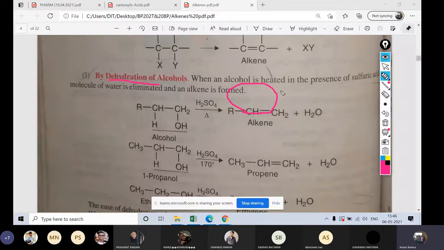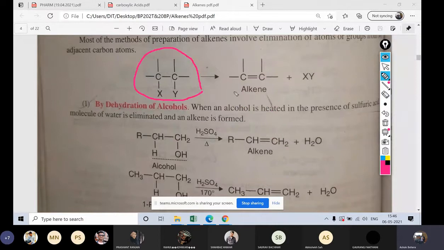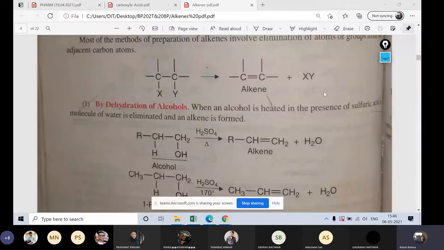Okay, so see, we want to prepare any compound, whatever they are. To prepare alkene, basically we need 2 carbon. So he has taken 2 carbon, right? And 2 substitutions. So if one is OH, another is H, then after dehydration, the dehydrating agent gives you the alkene, right? We saw that one and we have already discussed.